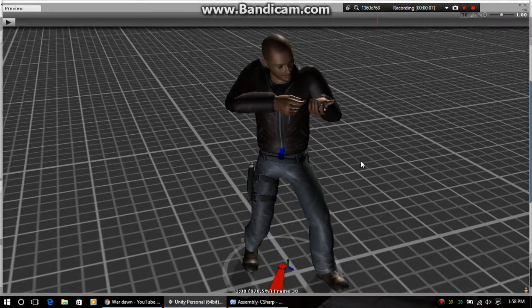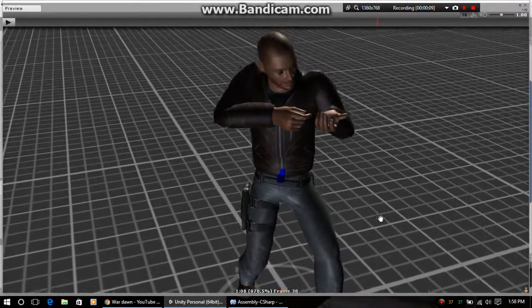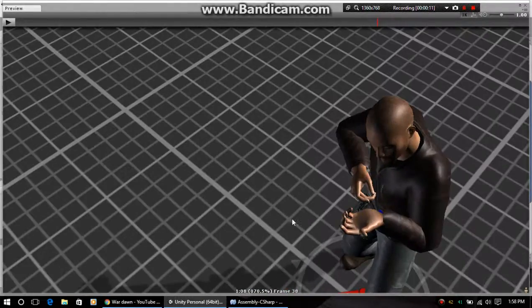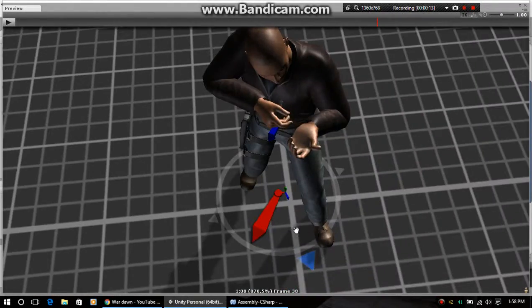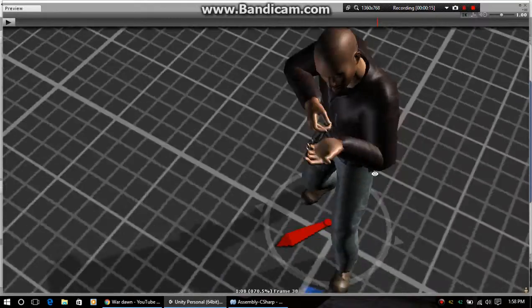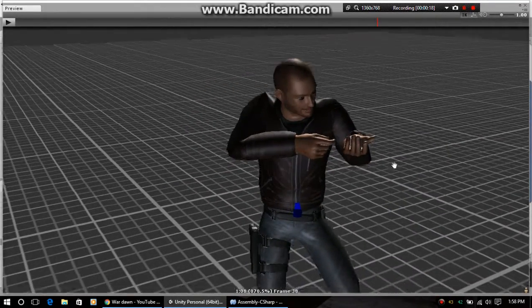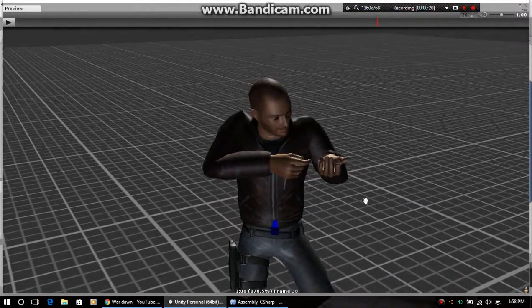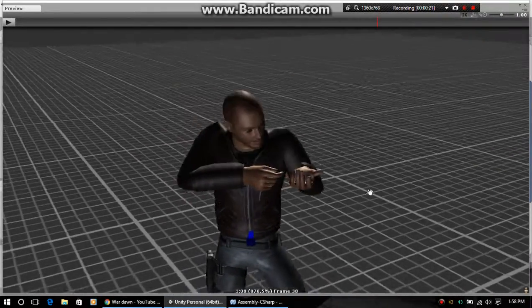Now, today is not really a coding type thing. I'm going to be talking about the animational part of your game. Most of you guys will probably be using this for first person and things like that. Well, the reason why you should have a full model